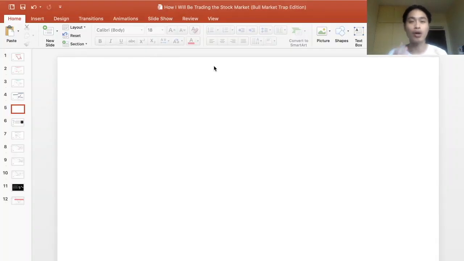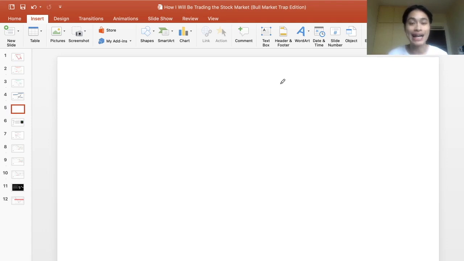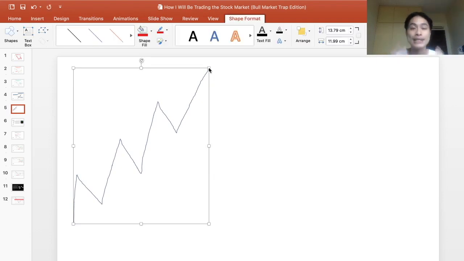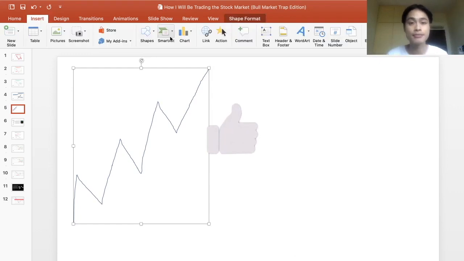Before we continue, I'd like to share with you how the stock market moves. I'm going to show you a graphical illustration of how the stock market typically moves. In an uptrend, or when the market is going up, or in a bull market, what happens to prices? Prices do not go up in a straight line. What they do instead is go up, then go down, go up, go down, go up, go down, and so on and so forth. That is how prices tend to move in a typical bull market. And how do prices move in a typical bear market? Let's take a look.